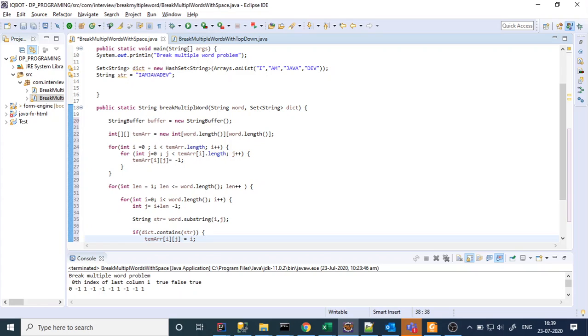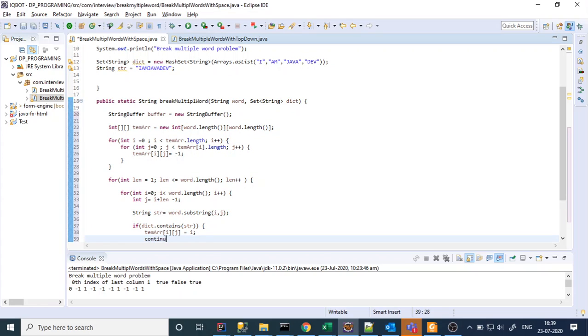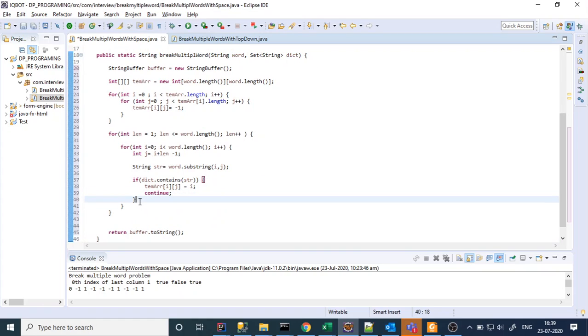So here we found it, and after that we will continue with the next substring. Sometimes, like "IAM", it is not itself a substring that exists, but we can divide it into "I" separate and "AM" separate, and then these substrings are present in the dictionary.